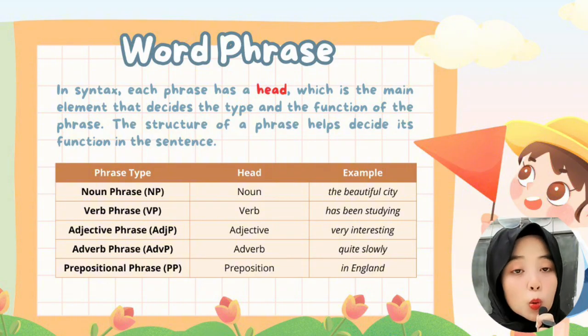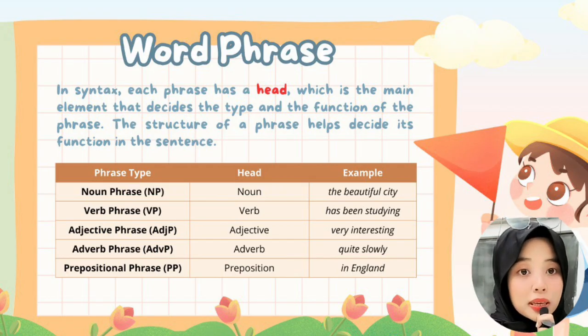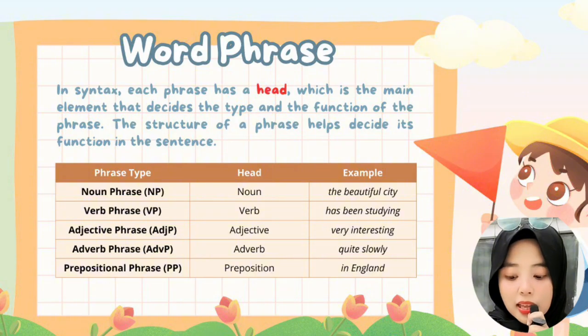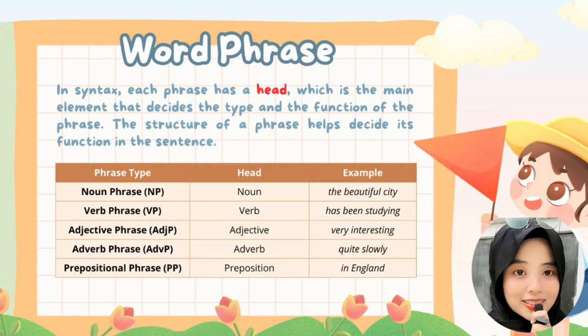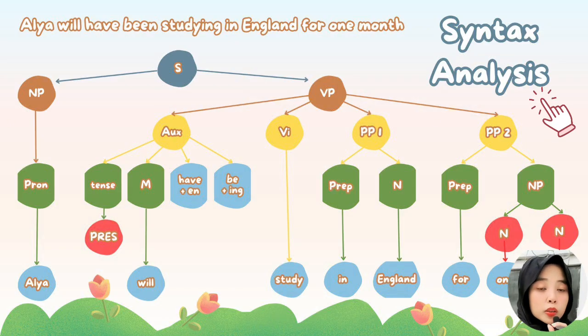For example, quite slowly. And the last list is prepositional phrase. It consists of PP. So, of course, the head of prepositional phrase is preposition. For example, in England. Okay, after we talk about more material related to syntax, let's analyze a sentence using